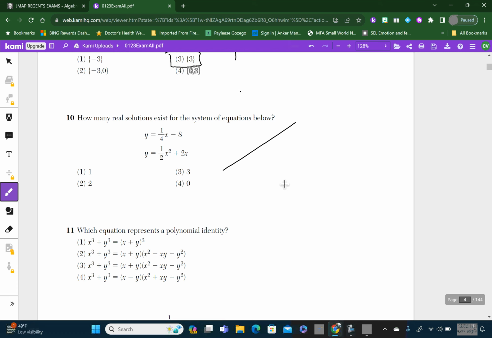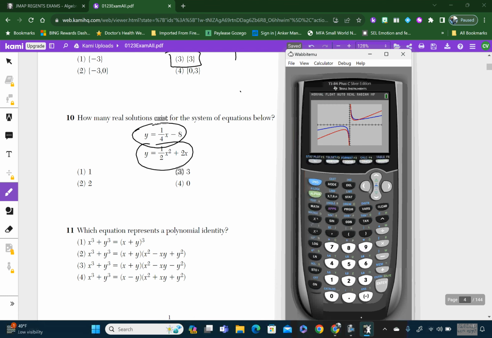Real solutions are when they cross, right? So plug in your y1, plug in your y2, see how many times they meet. We don't care where, like at what point they meet. That is not what it's asking us. Some of you get bogged down by this. So you go to your calculator